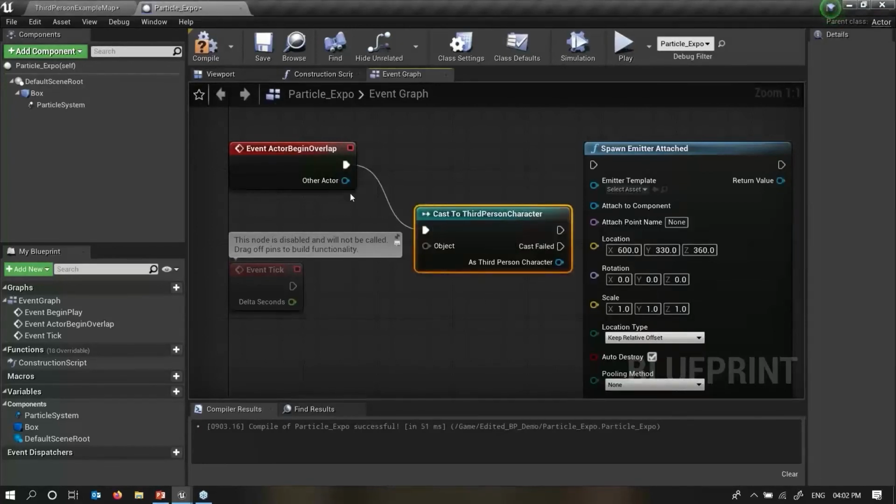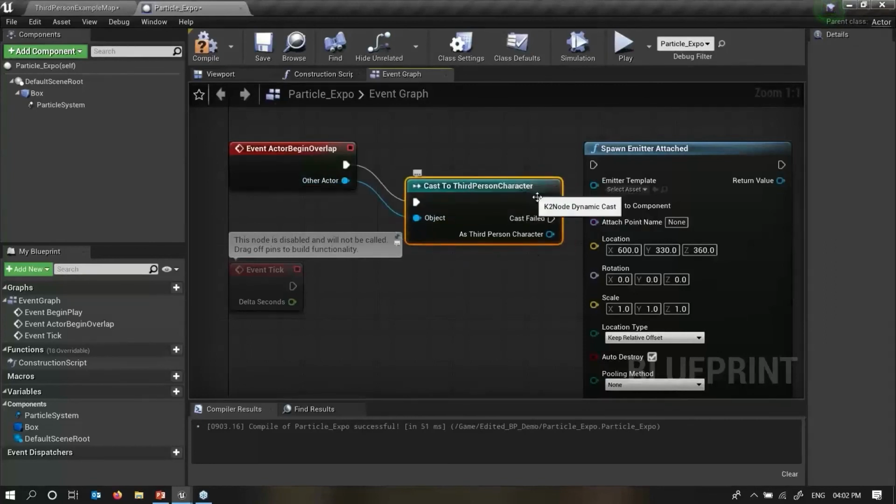Cast to third person character, other actor will combine with this object, and this output execute pin will go into this. If I say compile,